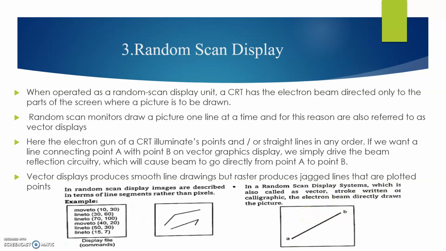Advantages of random scan are that it has very high resolution, limited only by the monitor. Easy animations are possible because you can directly draw the line. It requires little memory to hold the display program. And the disadvantages of random scan: it requires an intelligent electron beam, that is, a processor controlled beam. Second disadvantage is it can't draw a complex image. Third is it is very expensive in terms of colors.